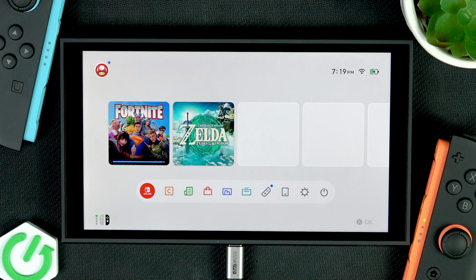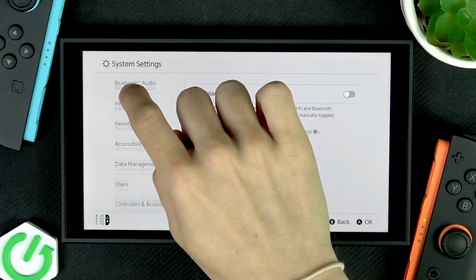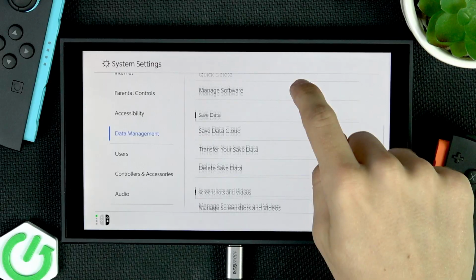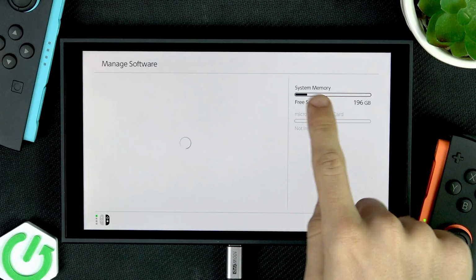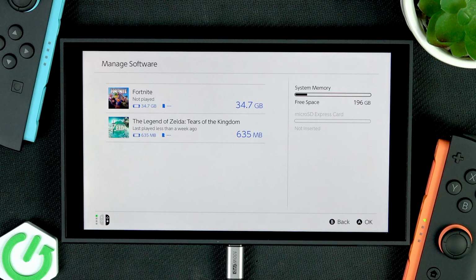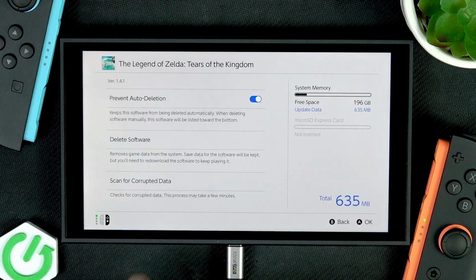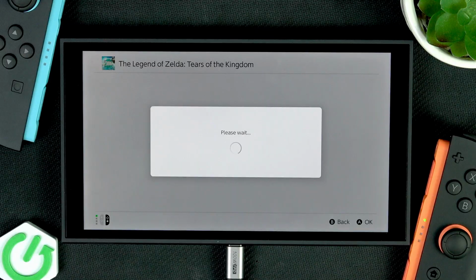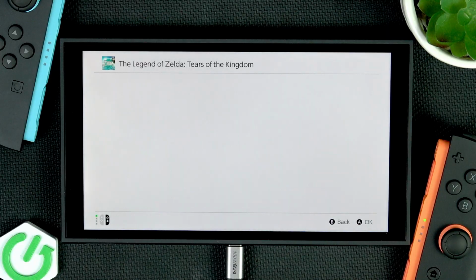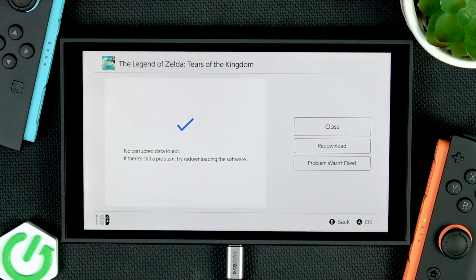If your Nintendo Switch 2 has a game that you think may be corrupted, you can simply go to Settings, then go to Data Management. Now go to Manage Software, select the game you have problems with, and now click on Scan for corrupted data. It may take a few minutes depending on the game size, and you can see that in my case